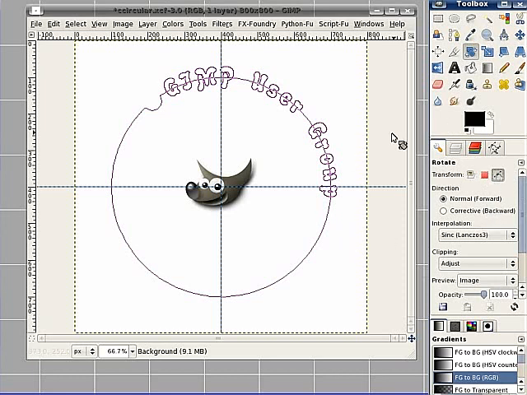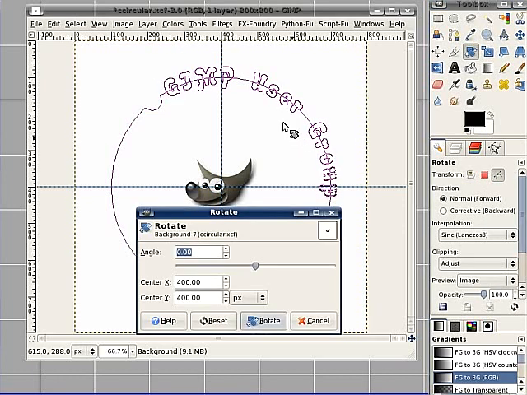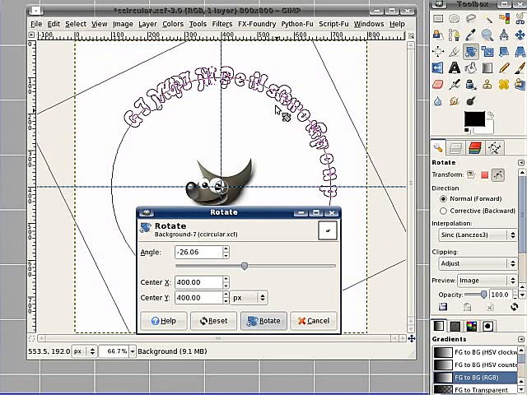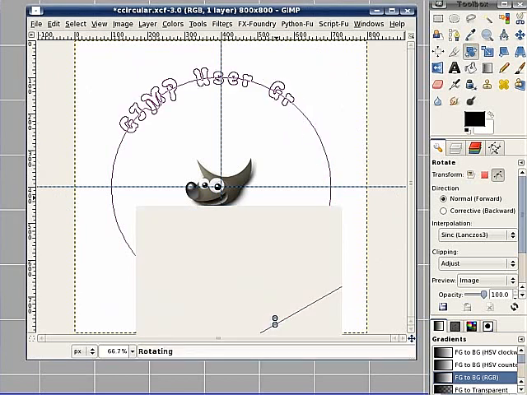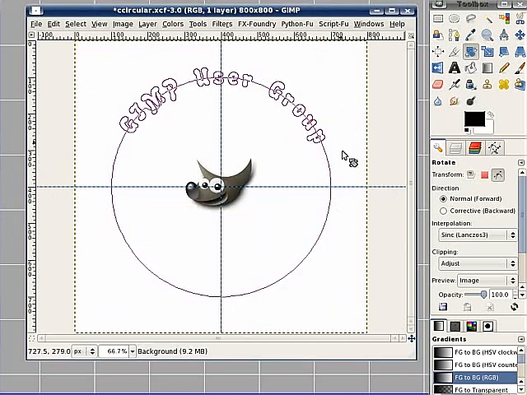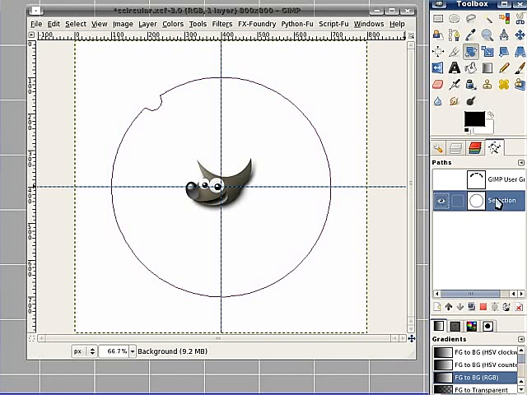So now clicking on it, and you do it whichever way you want to. Click and drag, or use the slider, or enter the angle. When you're finished, you rotate it, and there we have our text as a path. Now what I want to do is go back to the basic circle path, and I want to put some text at the bottom